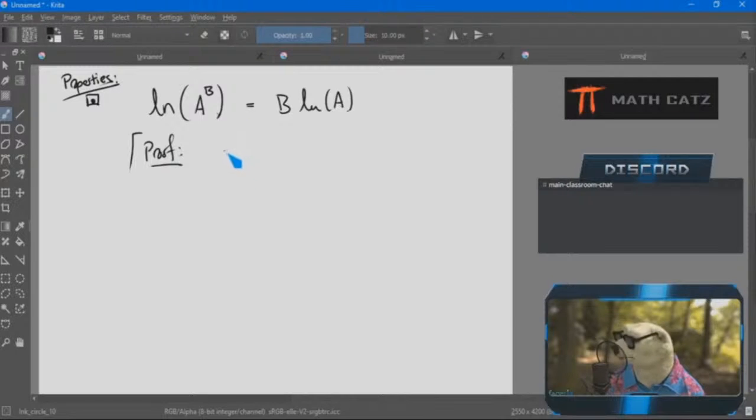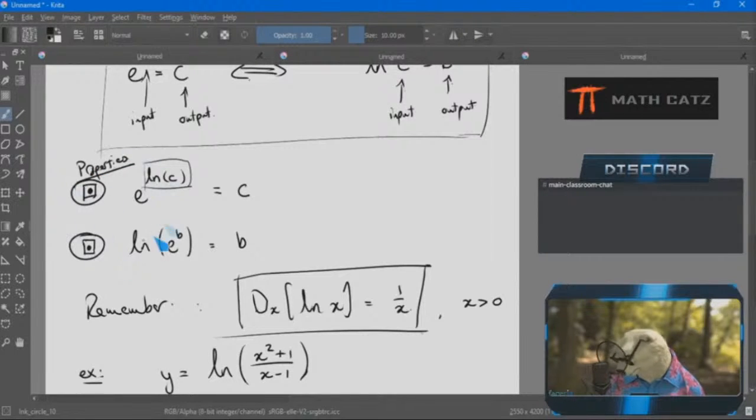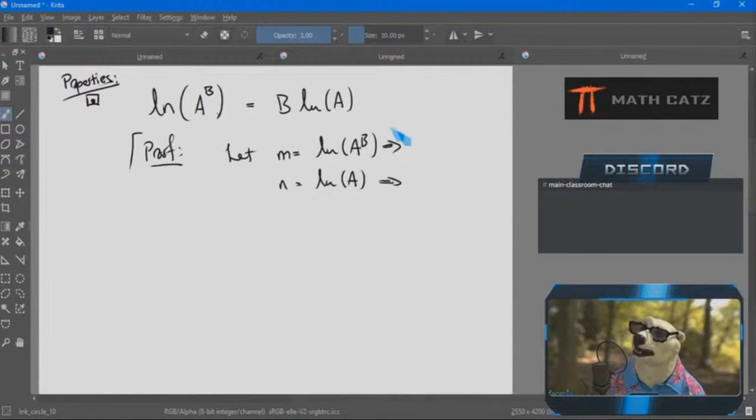Well, in a very similar way. Let's say, let's call m the first log, and let's say n is the second log. And our strategy for most of these is to rewrite them to the exponential version, which I'm more comfortable with. So the exponential version, and then I'm using the relationship between the two, the box, which says that, okay,